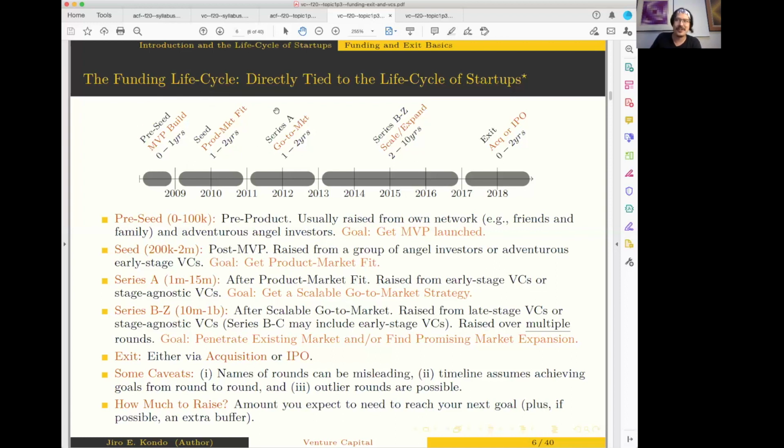Once you get to the letters, Series A, Series B to Z, it could, in theory, go beyond Z, although I don't think it's ever happened. Once you get to the letters, the contracts are getting serious, okay? There's going to be a lot of clauses in the contract, and again, we'll talk about those in topic 4. But that's why there's the letter. Letter A just means this is the start of the serious stuff.